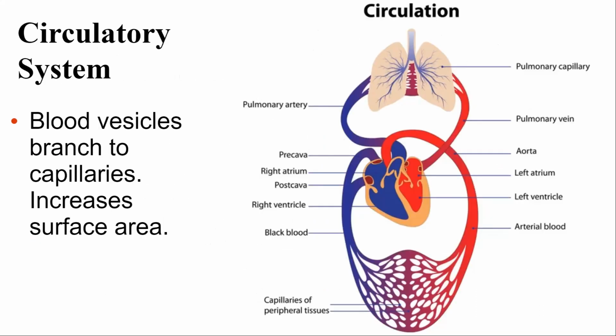So the circulatory system, again, those arteries are going to branch and branch and branch until we get to the capillaries. And then those capillary beds are branching so much that they are increasing that surface area. And then they come back together and then go back to the heart. So the circulatory system also takes advantage of the increased surface area to volume ratio to be more efficient at